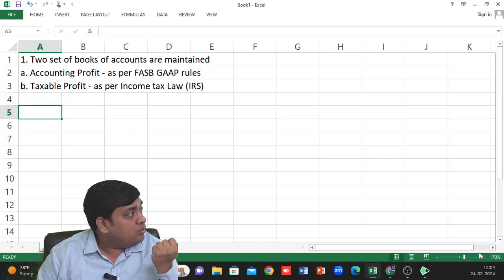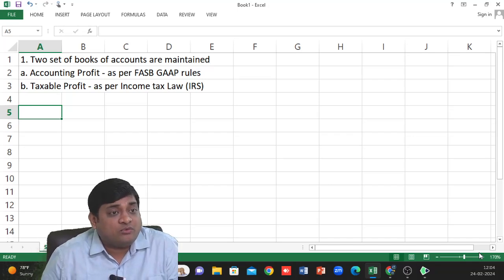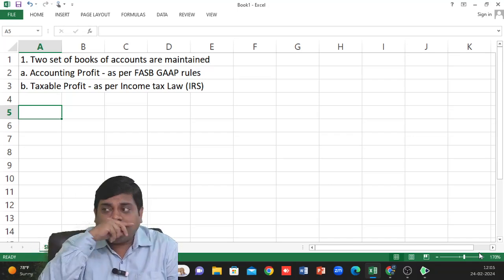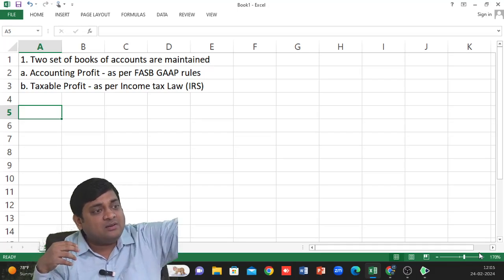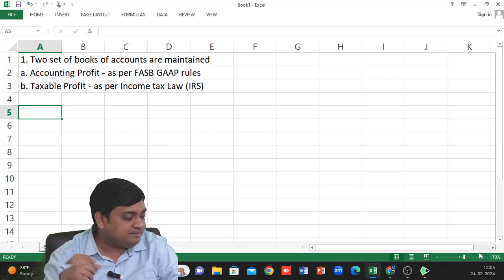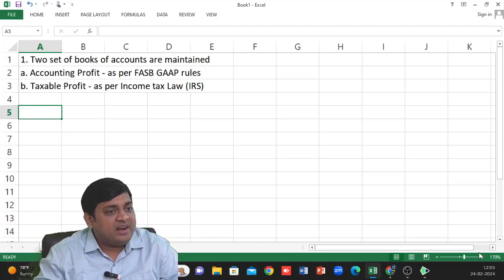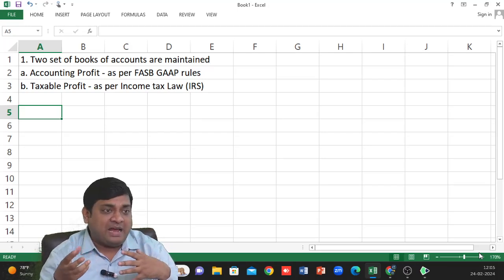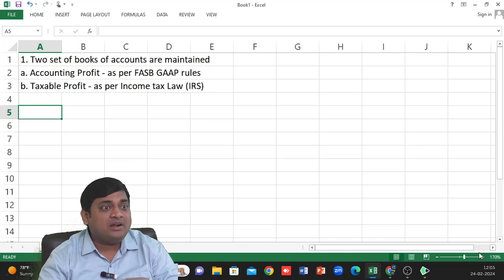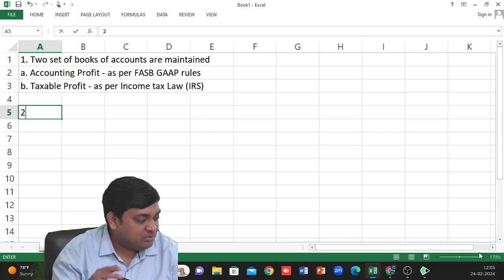Now, when we find out accounting profit, we take sales less COGS, and then we subtract operating expenses, right? This we have done in FAR 1, the proper income statement format. We get operating profit, then we add non-operating income and expense, so we get profit before tax, then we subtract taxes and we get income from continuing operations, right? So if I simply give you the income statement format,